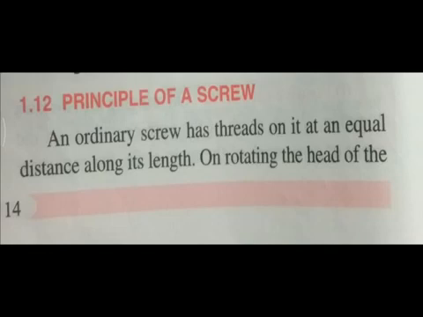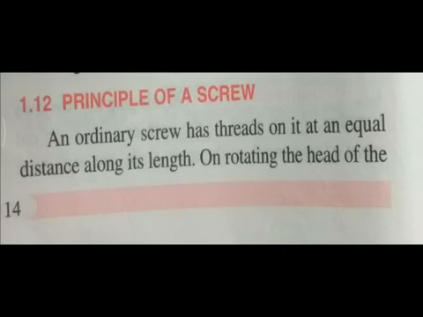So our next instrument is the screw gauge. The least count of the screw gauge is lesser than that of the vernier caliper. That means the measurement done by the screw gauge is more precise than the vernier caliper, because in the screw gauge the readings we get are up to 3 decimal places. So before starting the screw gauge, I will explain to you the principle of the screw gauge.